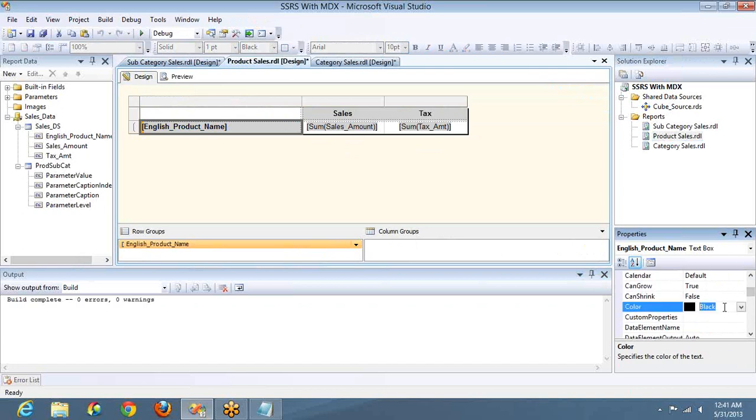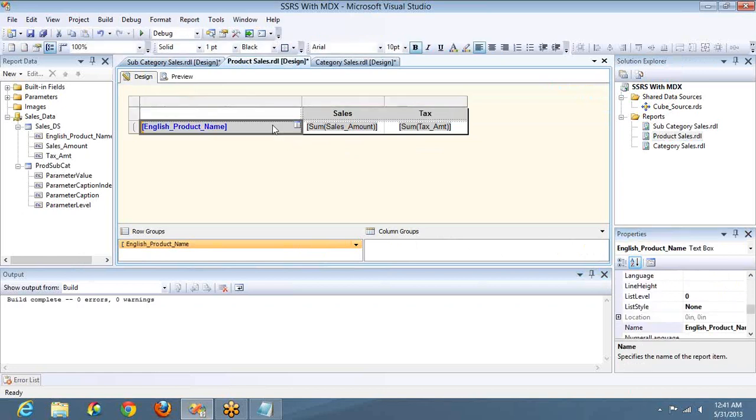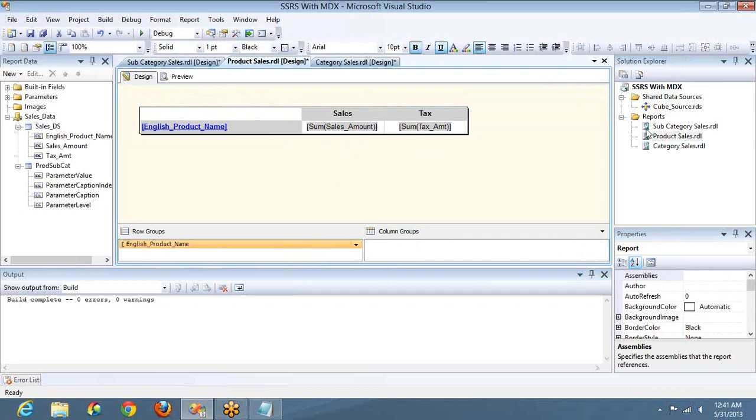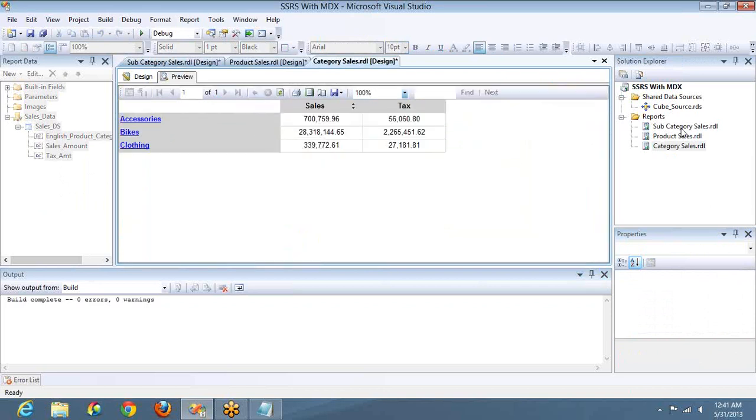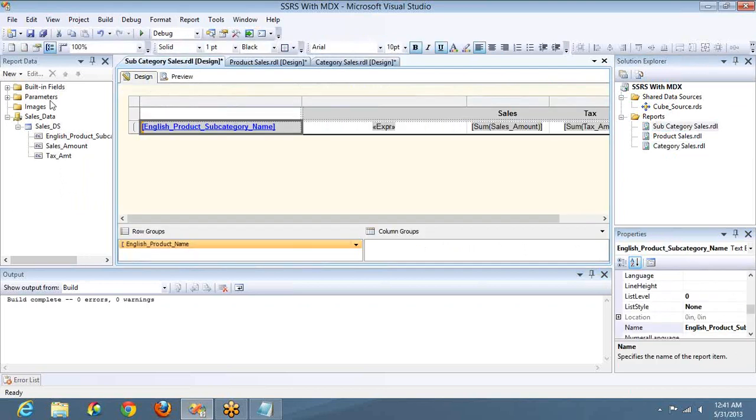So I'll explain to you once again what I have done, so that you can try it. So first I created 3 reports. One is product sales, category sales, and the other one is subcategory sales. So when I click on product sales, category sales, if I select accessories category, it should give me accessories subcategory sales, and when I click on any subcategory, it should give me that particular subcategory product sales. So what I've done is here I created one without any parameters, and subcategory 1 report with one parameter,